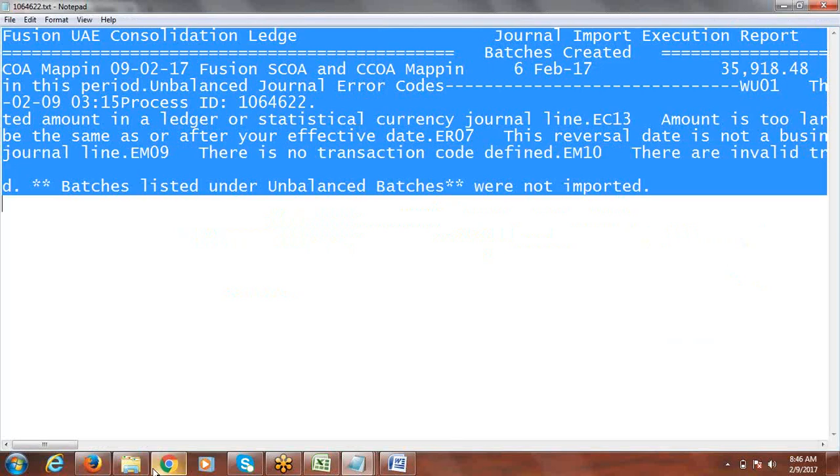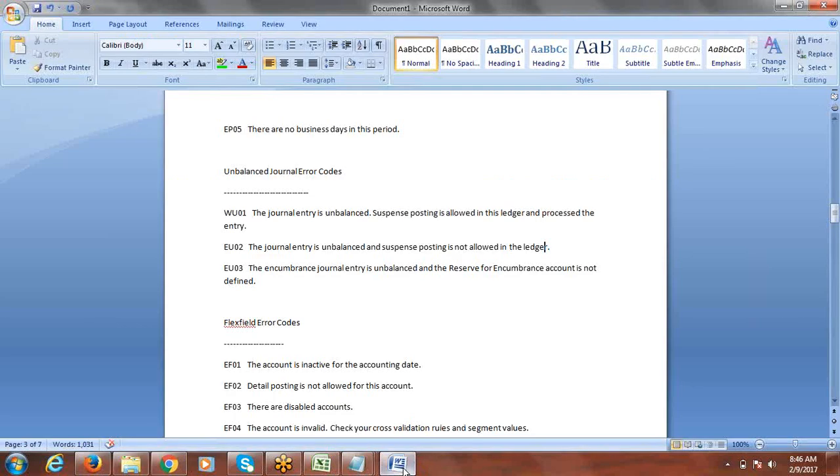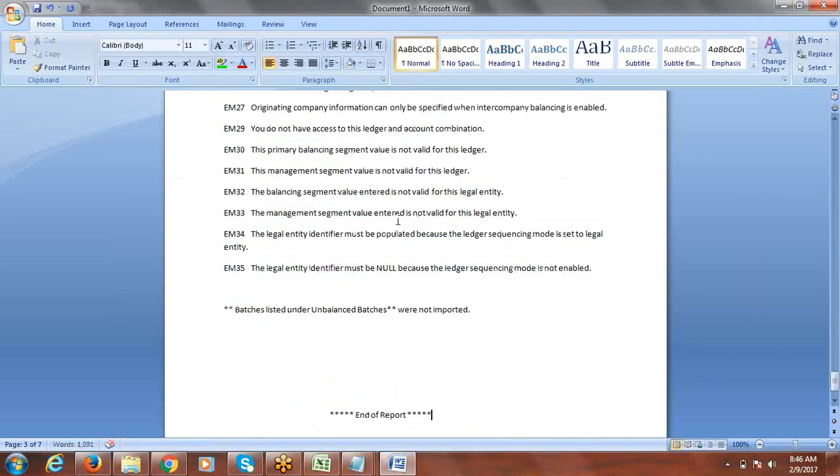We just passed that parameter also, right? Why is it still coming?